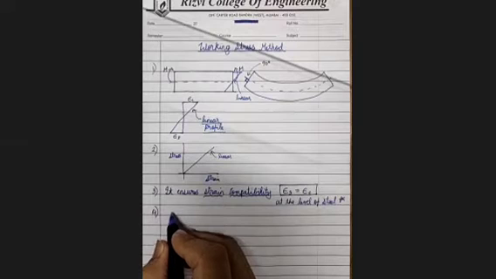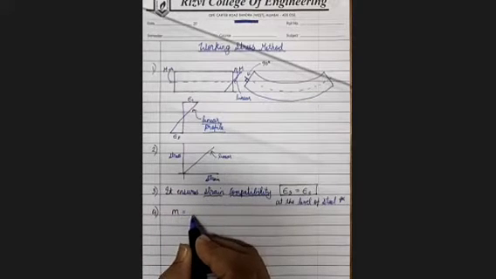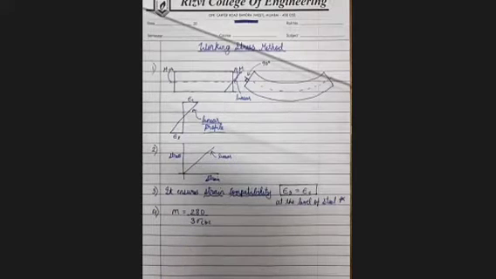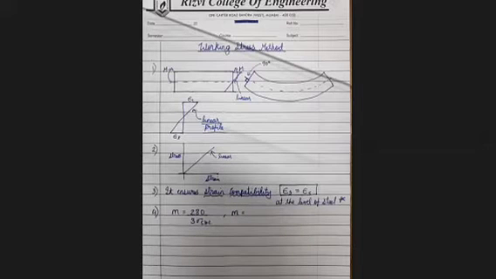Fine. Now coming to the last assumption. What is the last assumption, anyone? It is the modular ratio. The IS code says that the modular ratio is given by m equal to 280 upon 3 sigma cbc. This is what the IS code says. Now, can anyone tell me the classical definition of modular ratio m, apart from the IS code? It's a ratio of what to what? Anyone can just write in the chat box.